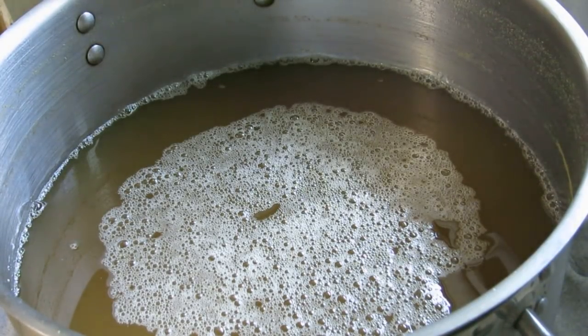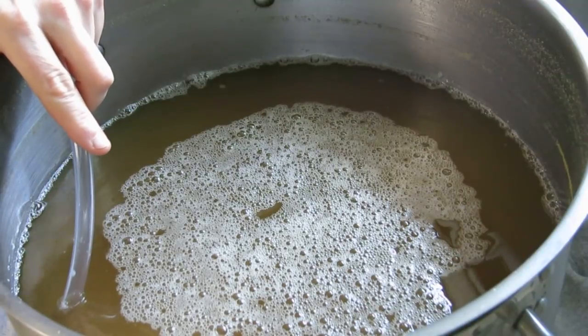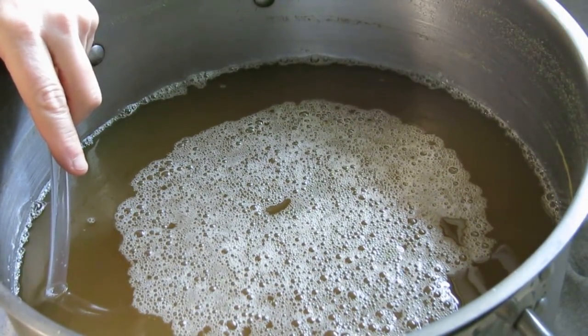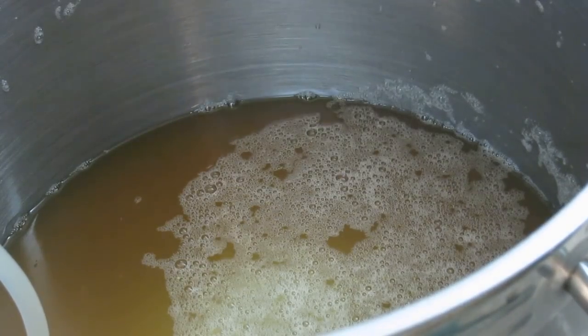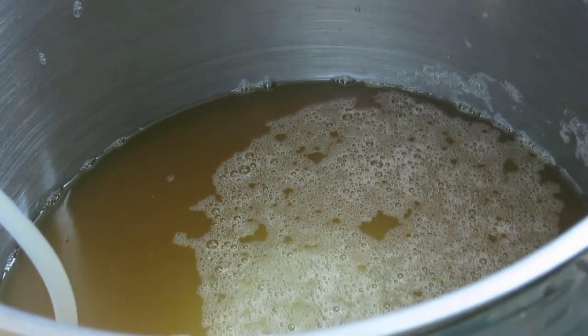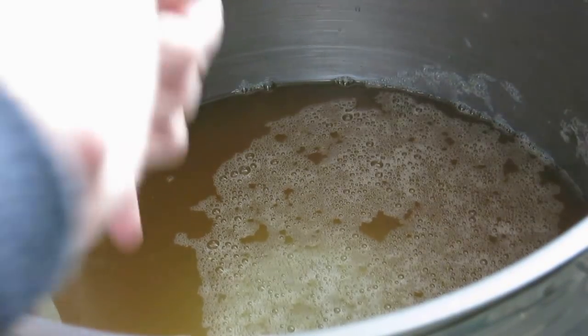So the problem I have, after it's been 28 minutes now, is I can't really see if there's a cone or not. But since I've come this far, I'm going to go ahead and siphon it anyway, and we'll just see what happens. Maybe I'll pause the video, and if I get cone visible, I will show it. I don't know if you can see it. I don't think you can, and I can't really mess with the camera too much. But right here,